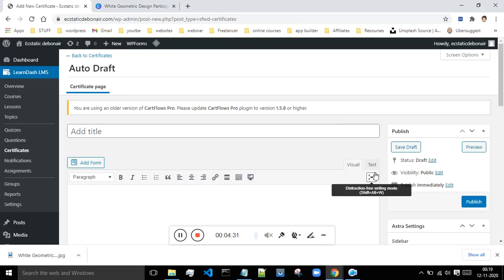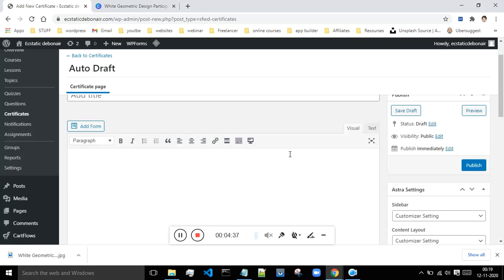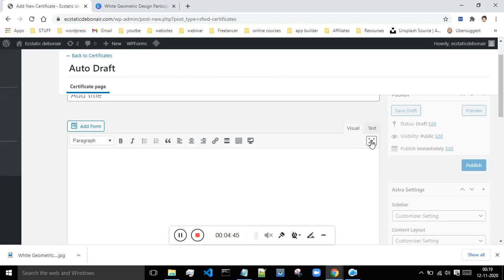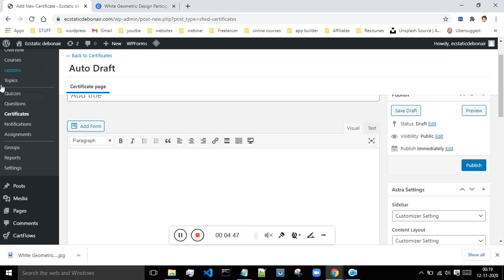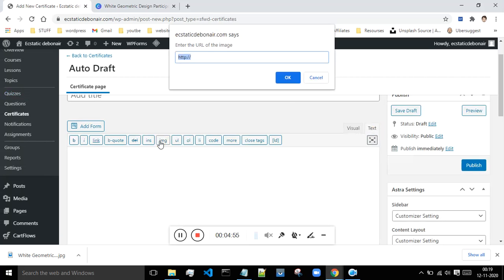Just scroll up, and whatever certificate that you are creating, you will see the visuals of the certificate over here. Okay, and if you don't want this sidebar and all, then click on this tab over here and it will be gone. Okay, so click on text, click on image,